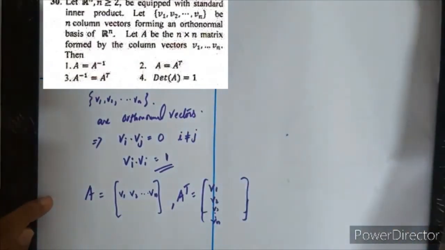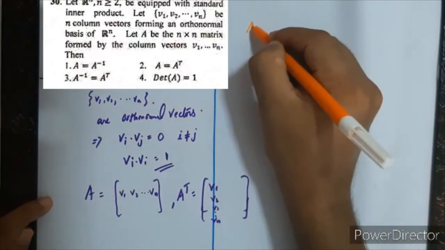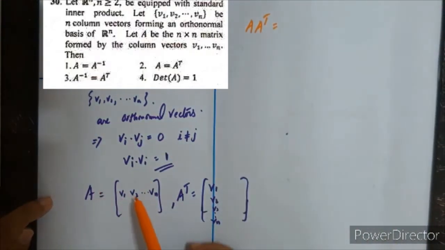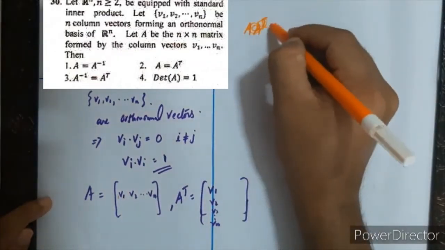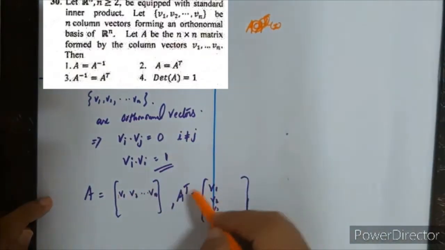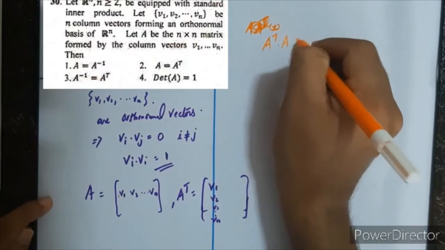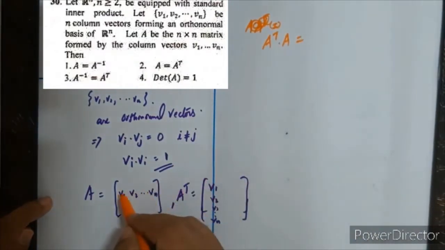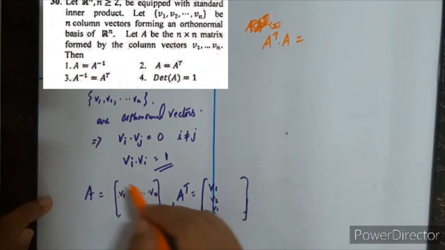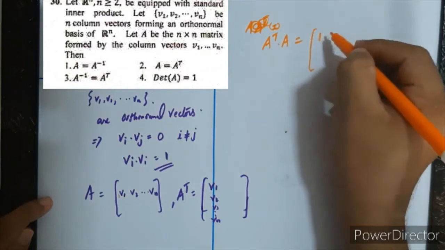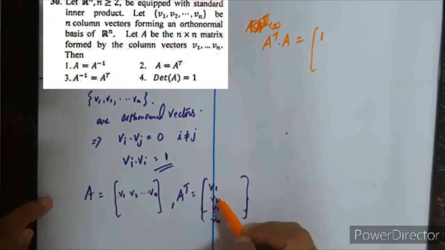Now what is A dot A transpose? A into A transpose is equal to, if I dot product this first column, or A transpose A, this is first row into first column, v1 dot v2. So that means v1 dot v1 is 1, and if you choose